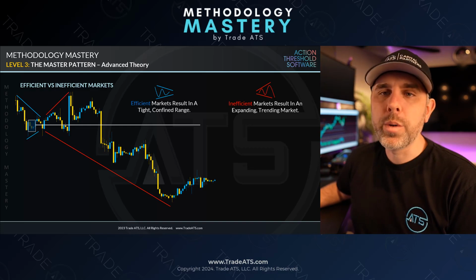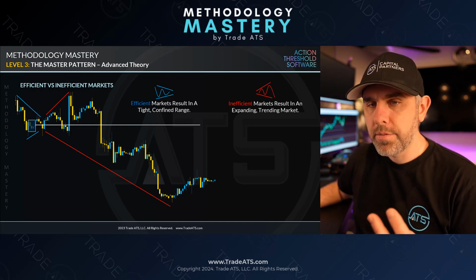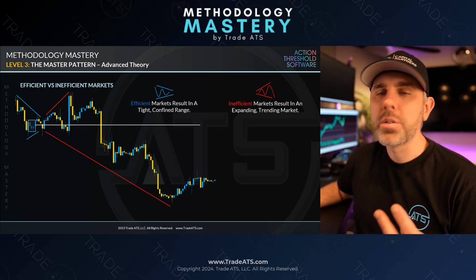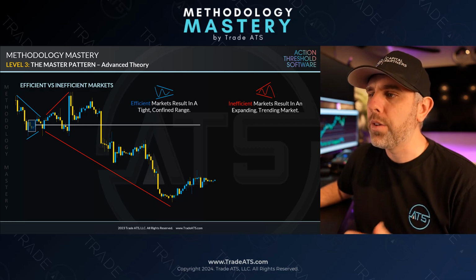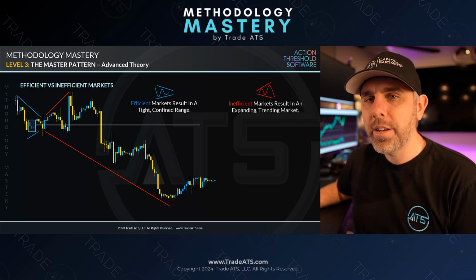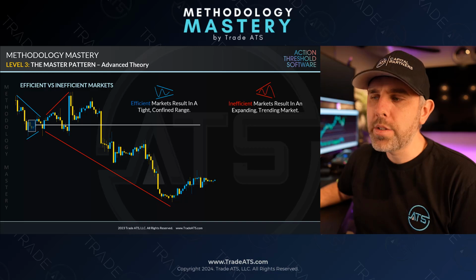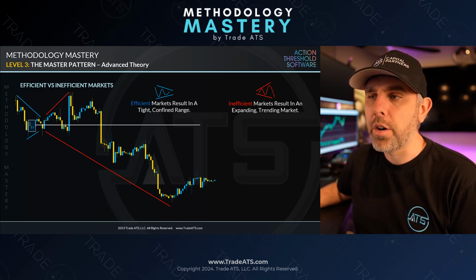So when we go into expansion, second phase of the three market phases, multi-leg expansion, however it plays out, that's where we go into an inefficient market. The reason why we know it's inefficient is because the price is starting to travel. It's starting to move around, meaning that there isn't as many willing buyers and sellers at that contracted price anymore. So as price opens up, you're getting the gap action, you're getting bigger expansion legs, and that's where as traders